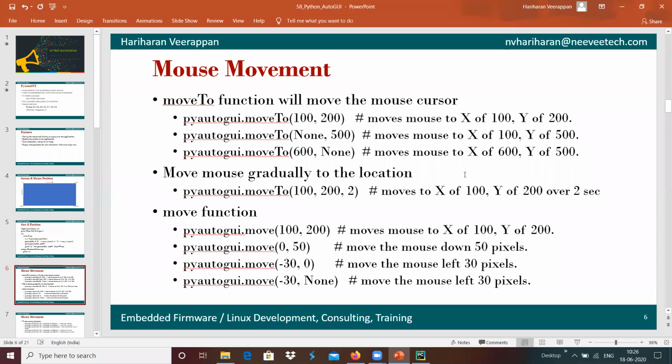For example, a count value of 600, relatively positive, then the x will move here. In case of y, it will move here like that, and we will see how it moves.